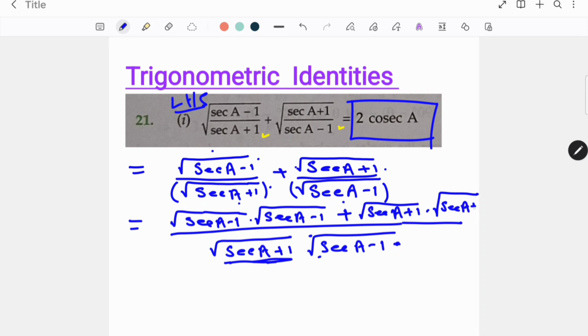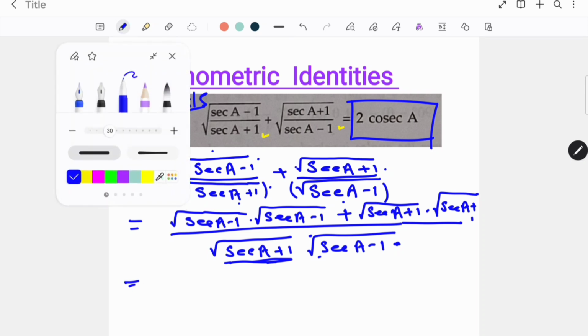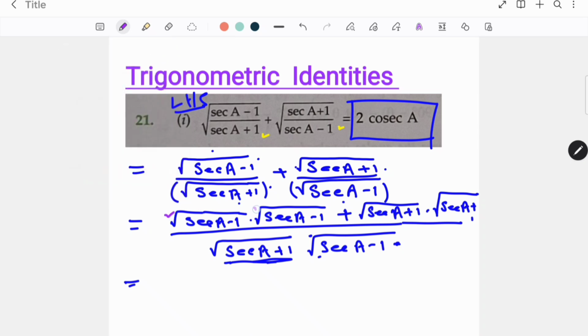So sec A plus 1. What we got here also: sec A minus 1, sec A minus 1, it will be sec A minus 1 whole square. As the root is there, if we make it whole square, the root will be removed, so we are going to get only